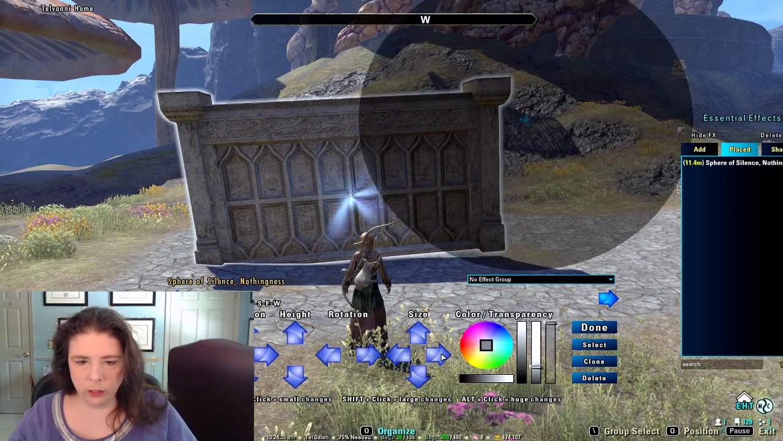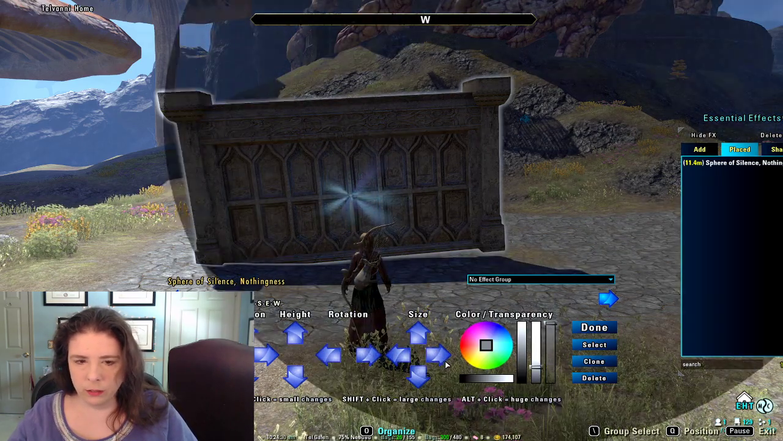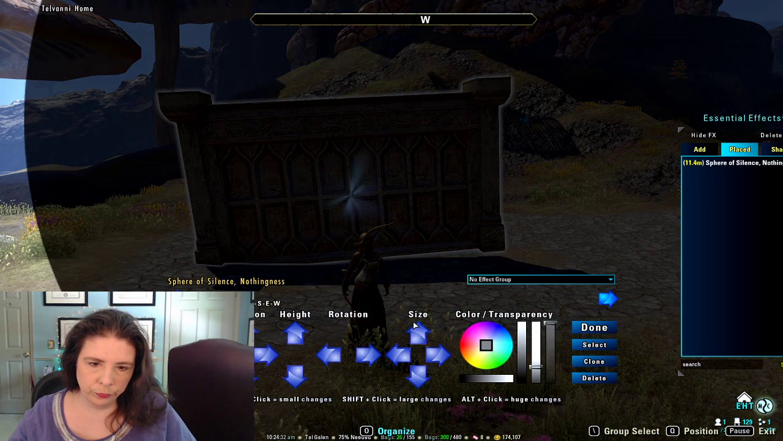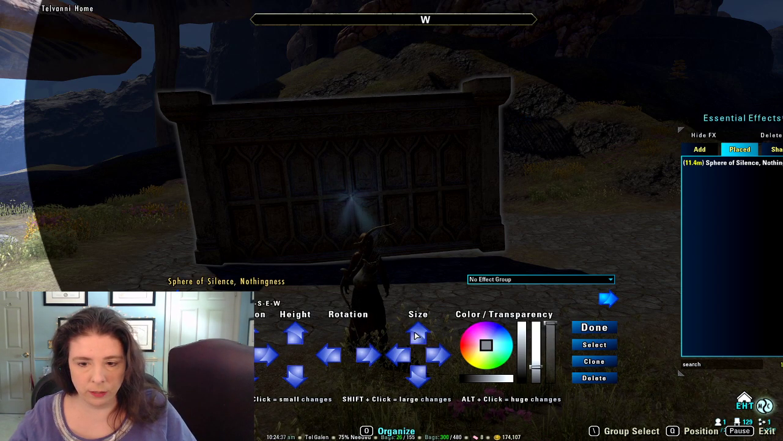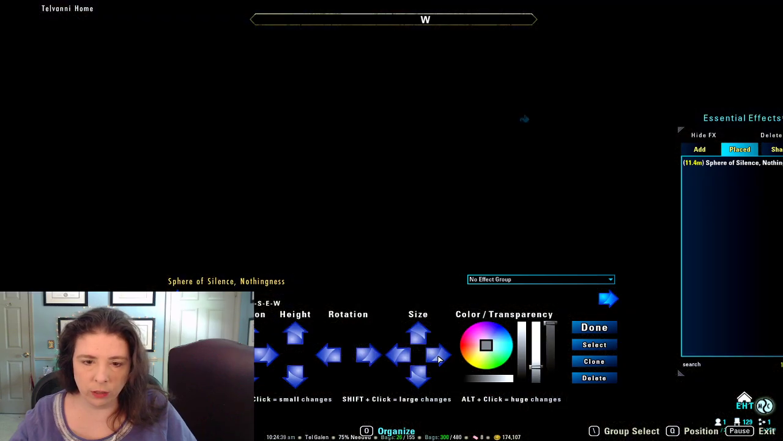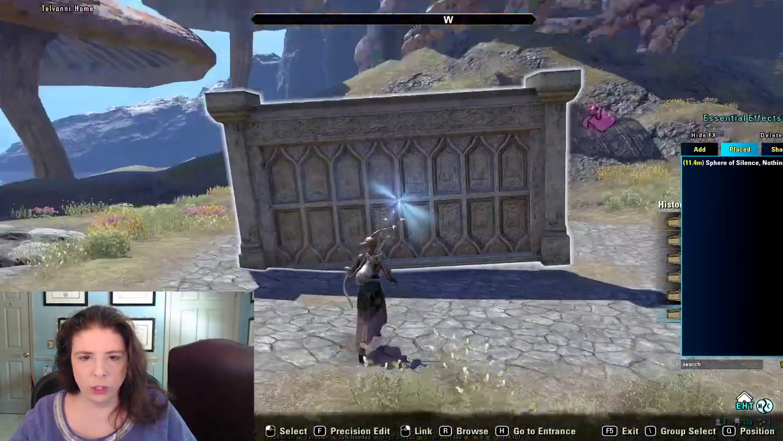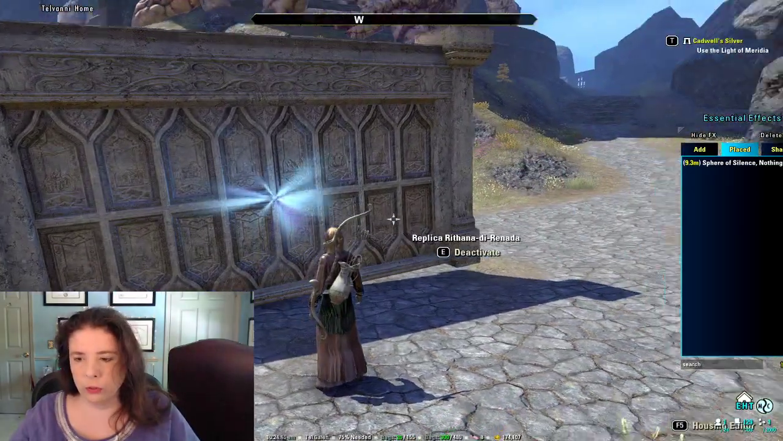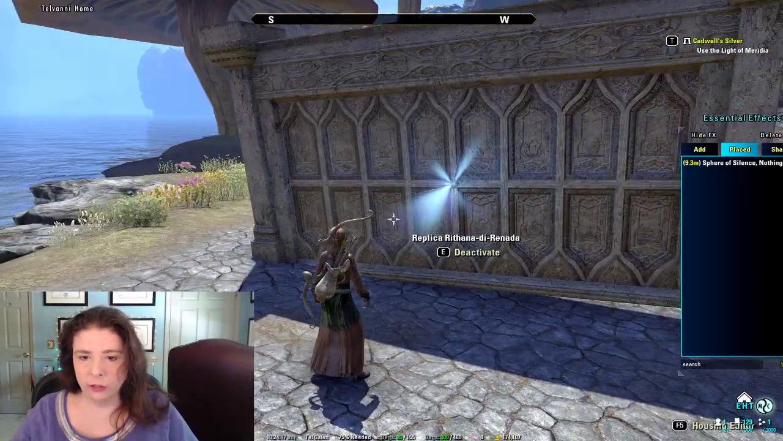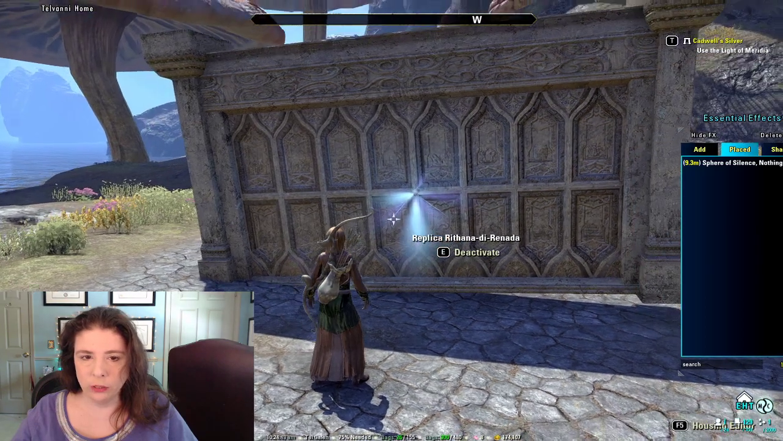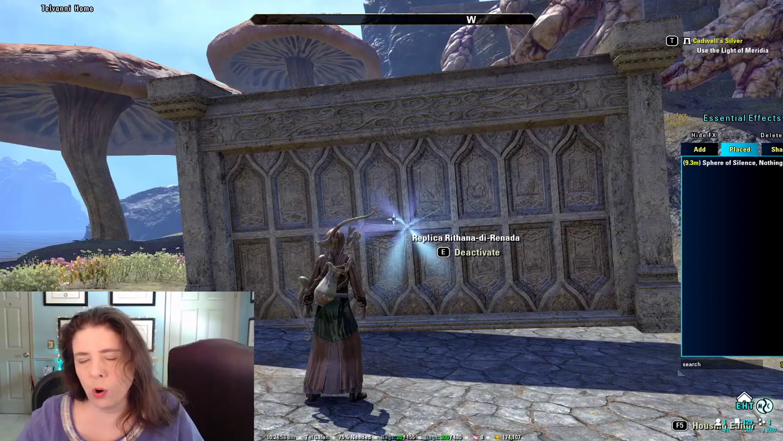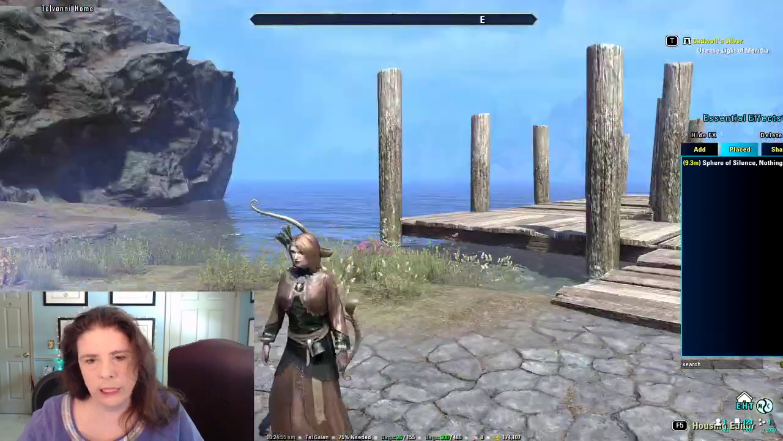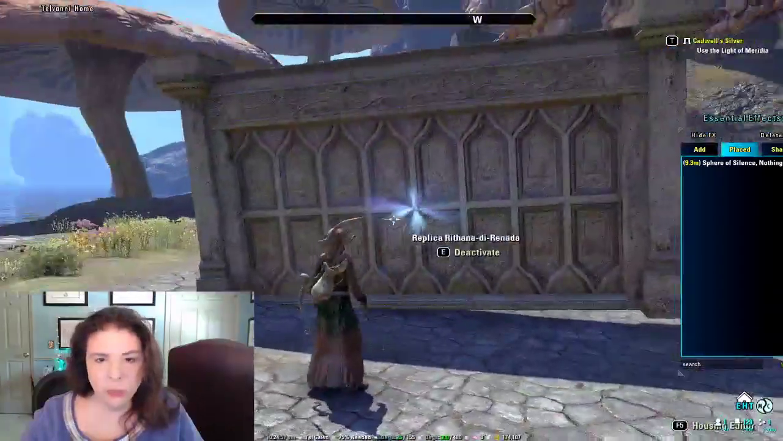We can go size. And if you want to do big size, you hold down Alt, and this will just make ginormous changes. So you should not be able to hear the Rathana de Renata anymore. This is how you use this item without having sound. I think they made it so you don't have to do it this way, but this is really